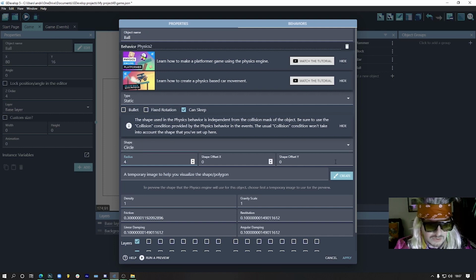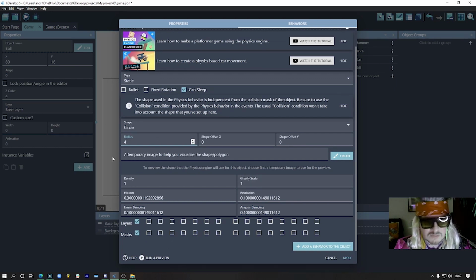I put the radius to 4. This is again based on the sprite size that I have, but you should play around with this. It depends how big your sprite is. I will change some values here because I want my ball to be a little bit more slippery and a little bit more bouncy. First of all, I'll change the density to 5. This will make the ball a little bit heavier than it is dictated by the radius of the hitbox. Basically, the bigger the object is, obviously it's going to be heavier. But if the object is small and you still want to make it heavy, you can use the density